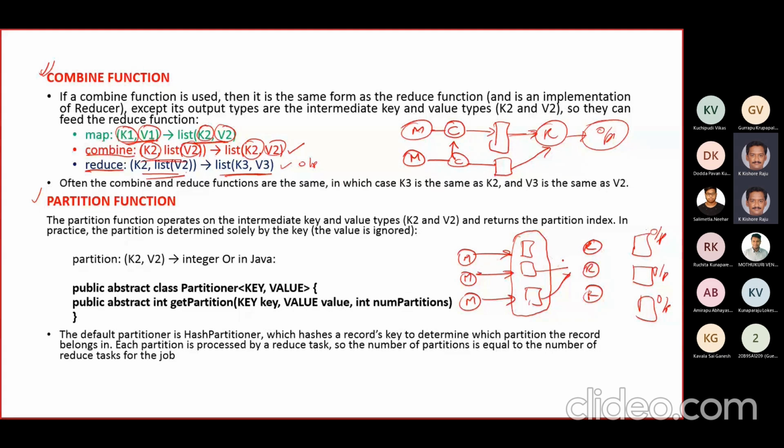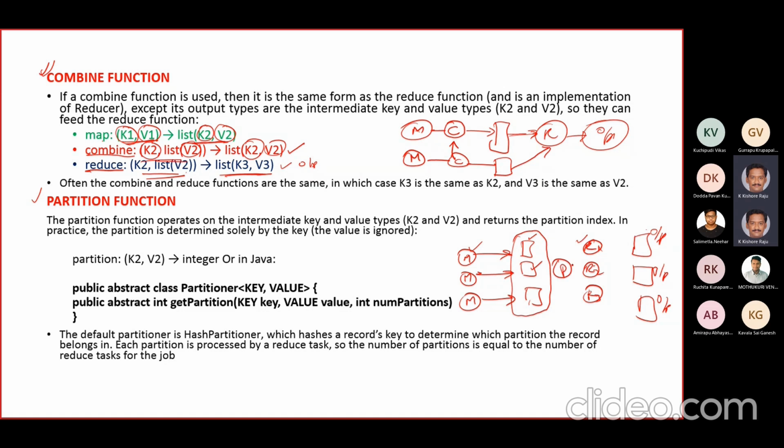Now, how do we supply the input to these reducers? This is one intermediate output given by mapper 1, this is the intermediate output given by mapper 2, and mapper 3, like this. If you want to supply key-value pairs to different reducers, reducer 1, reducer 2, and reducer 3, a default partitioner will be there. This default partitioner will divide the total intermediate output into 3 parts. The first part is